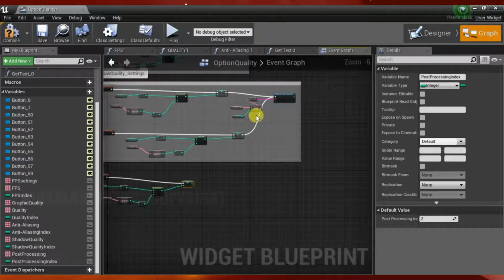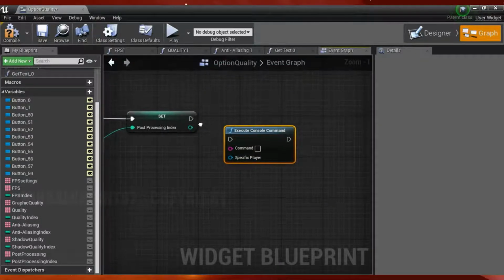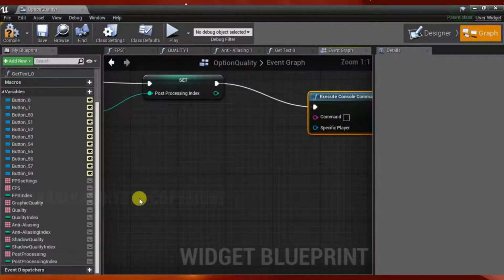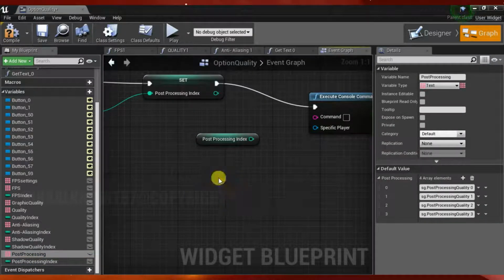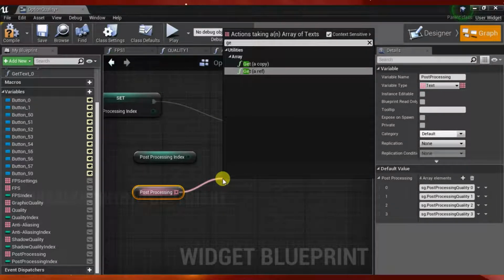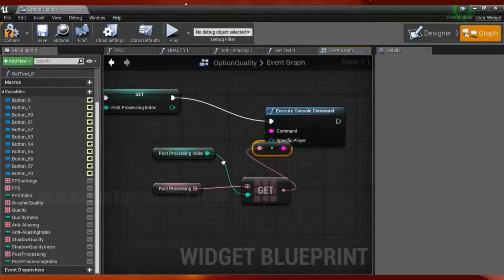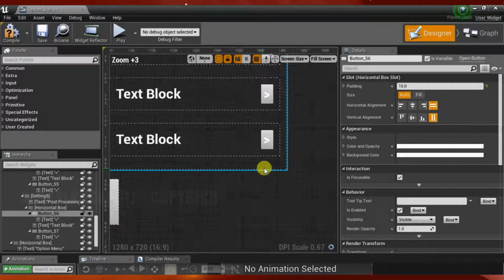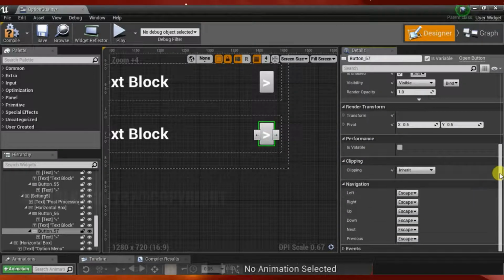Now actually we should do the execute command node, and from here we should add a post processing and the post processing index, then just get text and get the value of a reference and add it to this and connect it to the command. Then what we'll be doing is go back to the design and select the button here and go to the on click event,